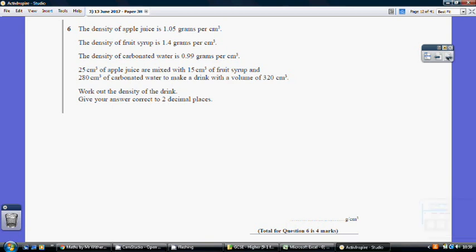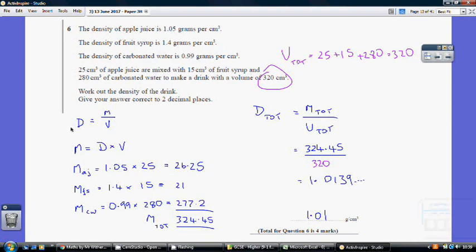Question 6. So we know that density equals mass over volume, so mass must equal density times volume. Looking at the apple juice first of all, to work out the mass of apple juice, we're told that its density is 1.05. We're also told that its volume is 25. So the mass of apple juice must be 26.25. Now we can follow the same process for the fruit syrup and the carbonated water, just multiplying their densities by their volumes. So that gives us a total mass of